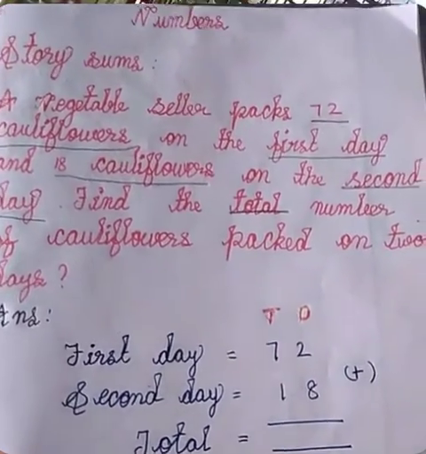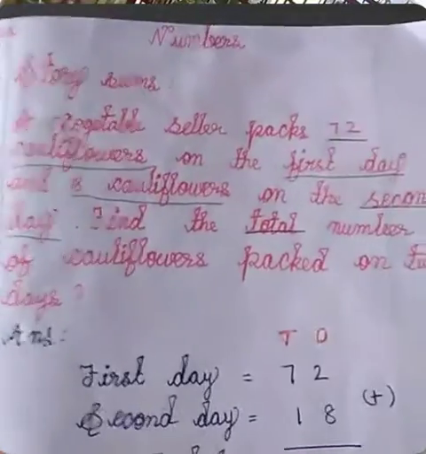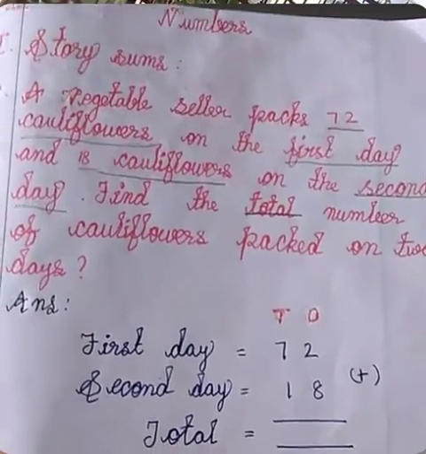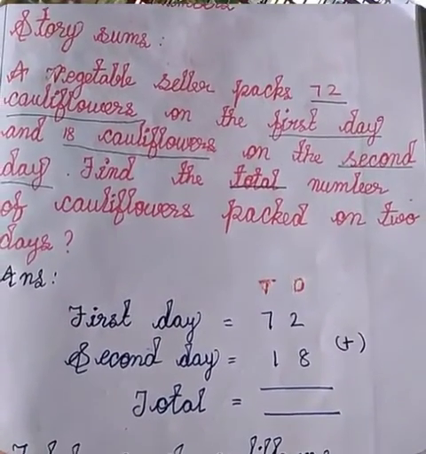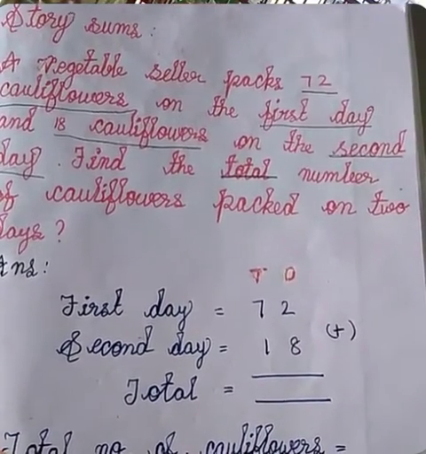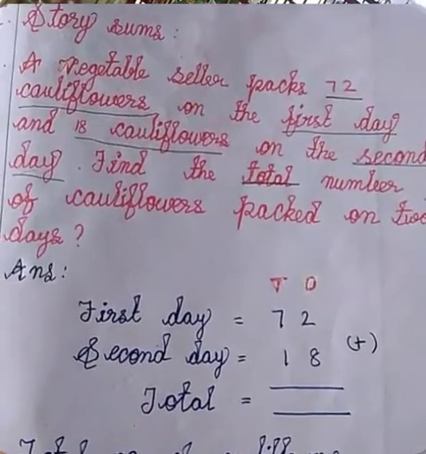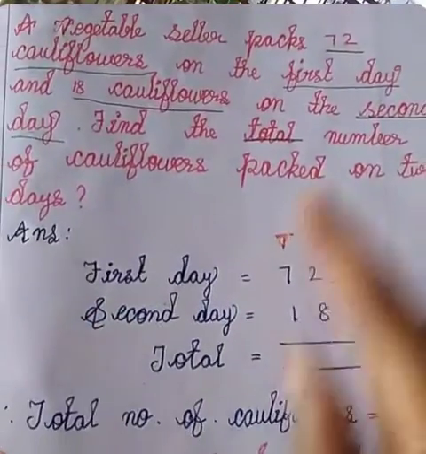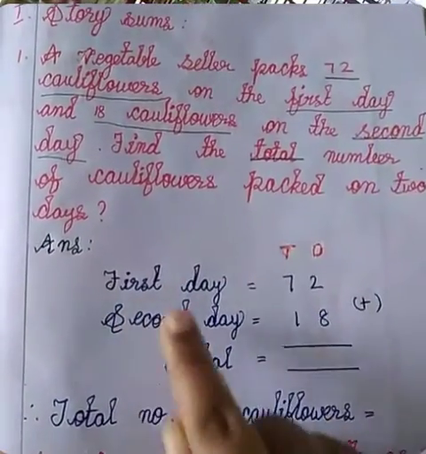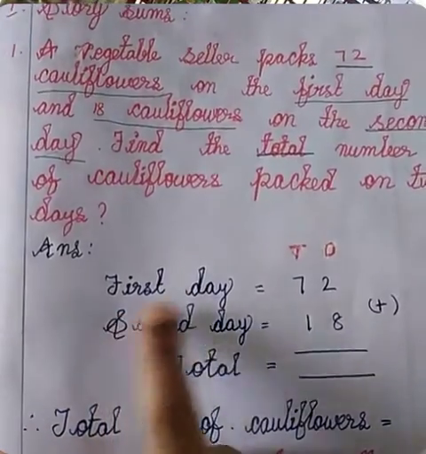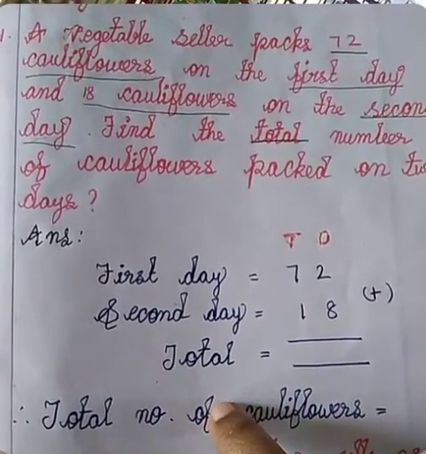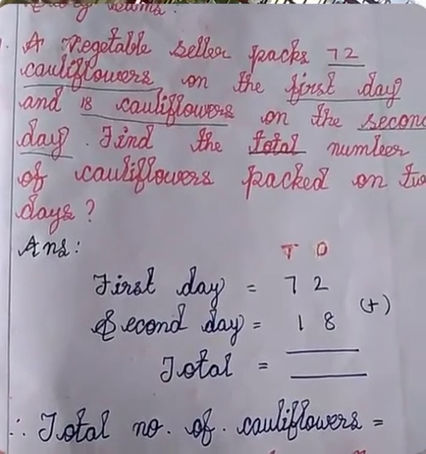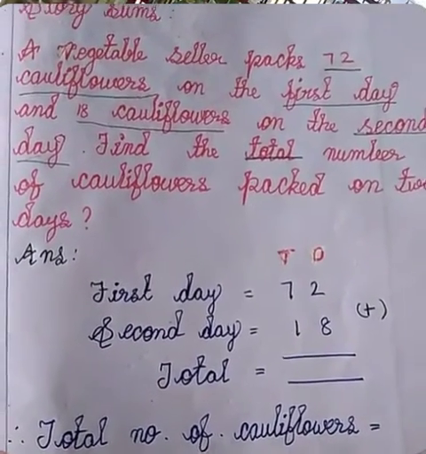First you point out some words in the story sum. Story sums contain some points. You have to write the points in the answer. It is not a normal addition sum. In normal addition you put only the numbers and add the numbers. In story sums you have to write some words belonging to the question. You have to write the spelling correctly, then only you get the full mark. If you write the spelling wrong, the mark will be minus. So write carefully.